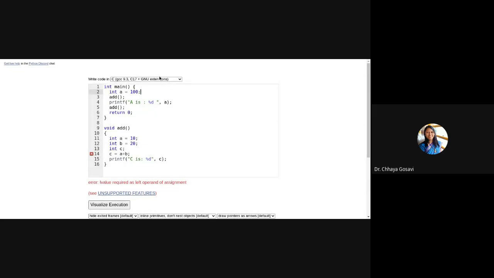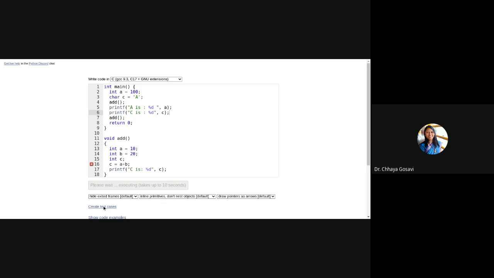So here, if I define a char c equal to capital A, and if I print it, instead of %c, if I use %d, it will print the ASCII value of capital A, that is 65.